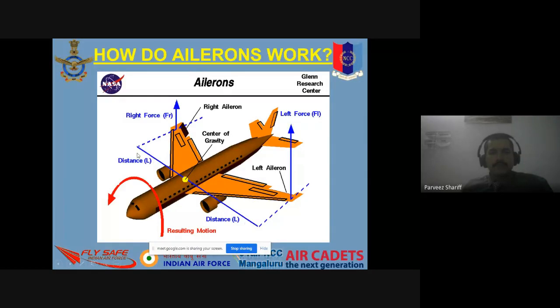Now if you twist this blue line, the aircraft will go up or down like this. It will pitch up or pitch down, and that will happen with the help of these ailerons. Now if you see, the ailerons work opposite to each other. If one aileron goes up, the other aileron comes down. How does it work? It works on the same principle of the aerofoil shape. The camber is increased when an aerofoil comes down.